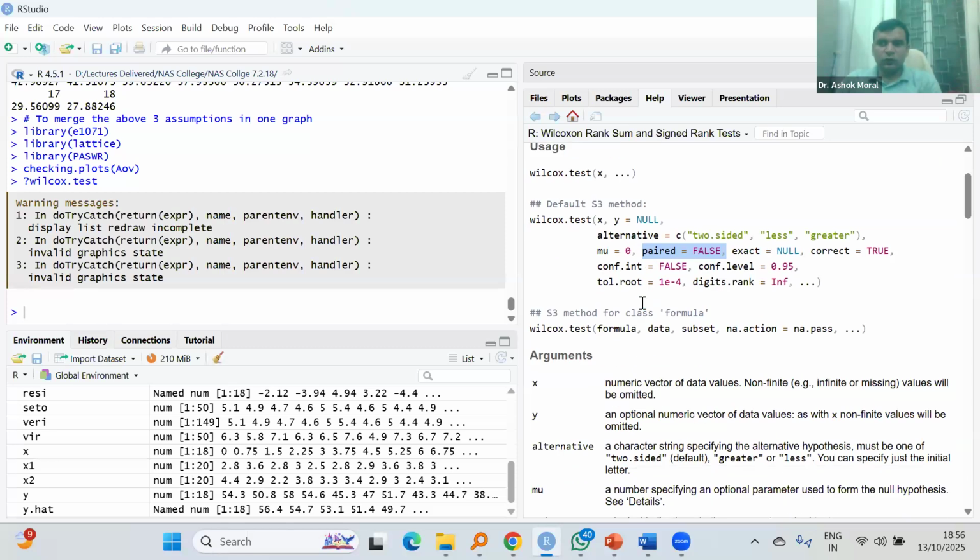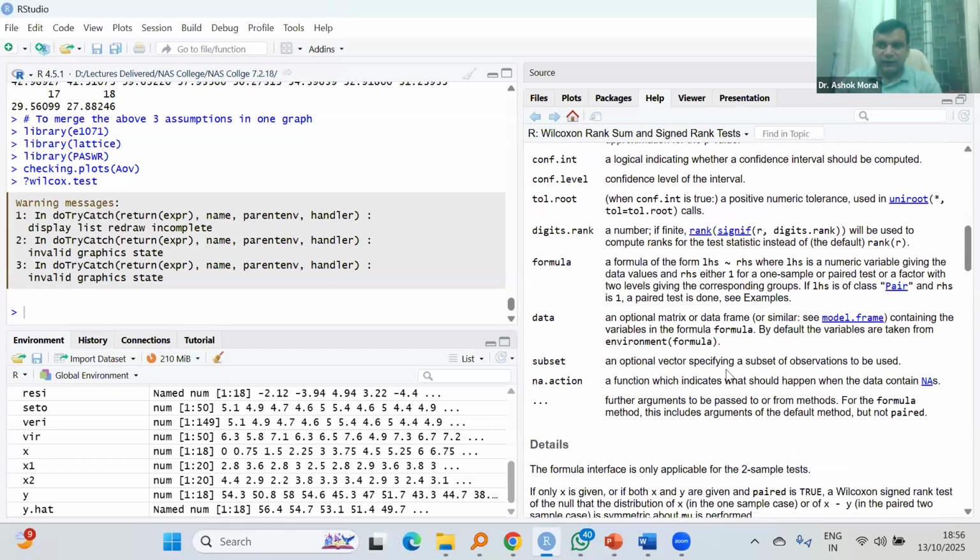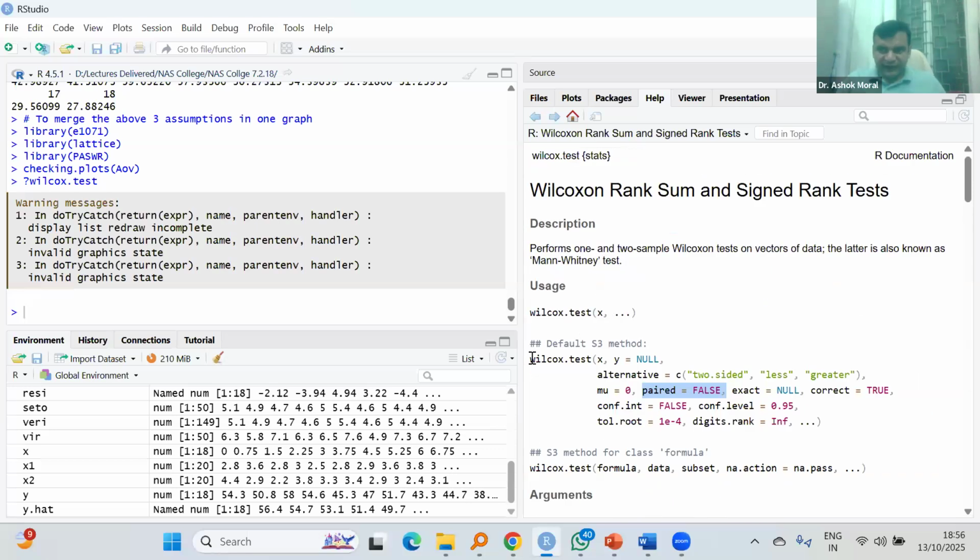So you can use all these tests as per the requirement. Simple or similar to the